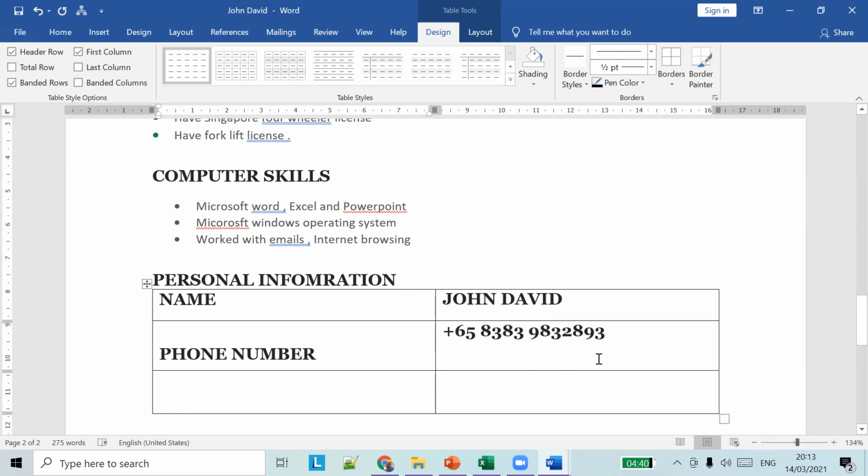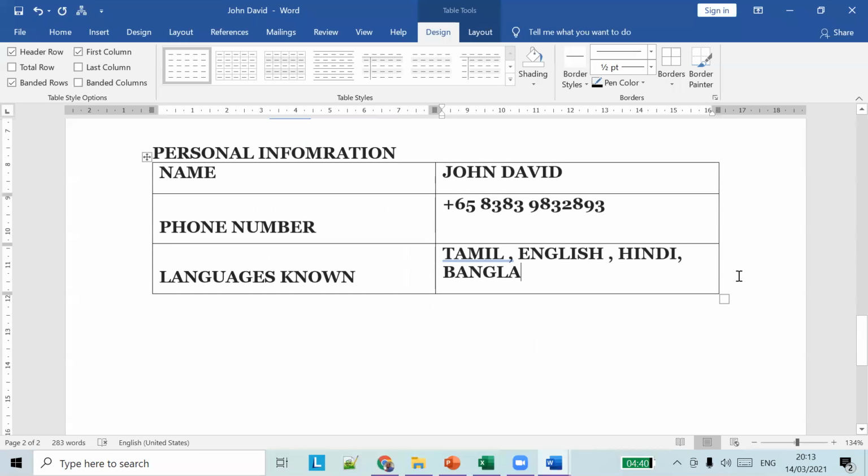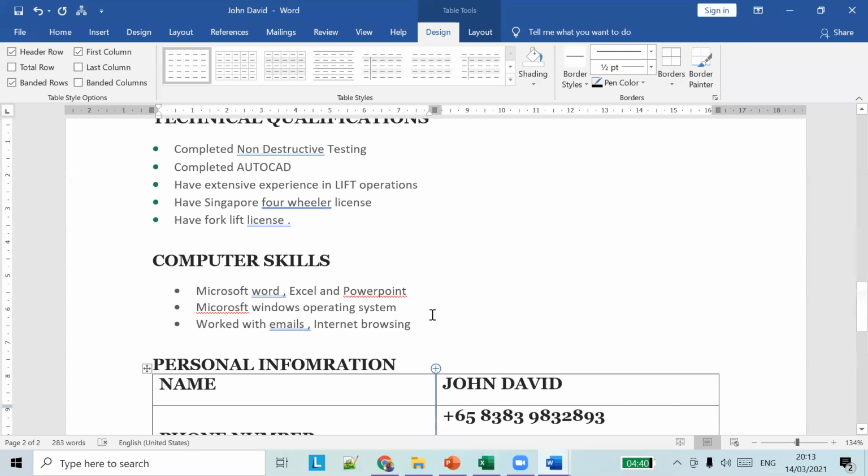You can have a new row. So maybe the languages you know. Languages known. So maybe Tamil, English, Bangladeshi, Hindi. So Bangla. So you can add whatever languages you know. So these things are very important. Okay. So similarly, you can add all the details you want.